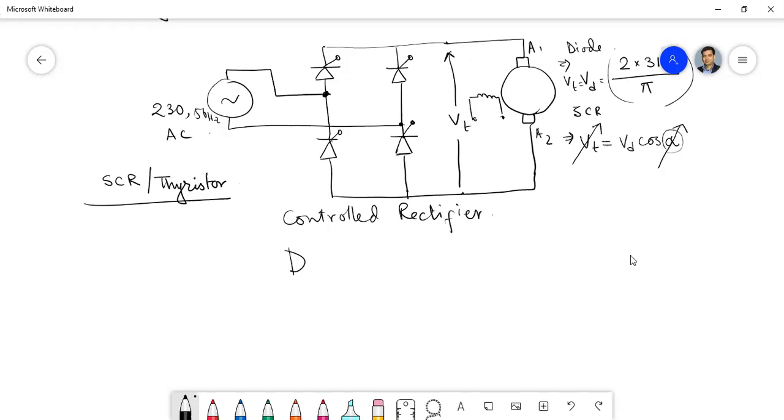We choose the controlled rectifier if we have AC as input and DC as output. But suppose you have no choice, you have only DC as input. That means you need another DC which will be variable. So you need a conversion where the input is fixed DC and the output is variable DC. For this type of conversion, we need a DC to DC converter, which is called the chopper.